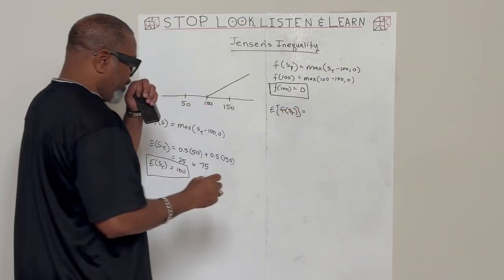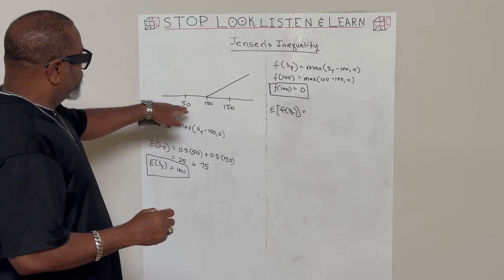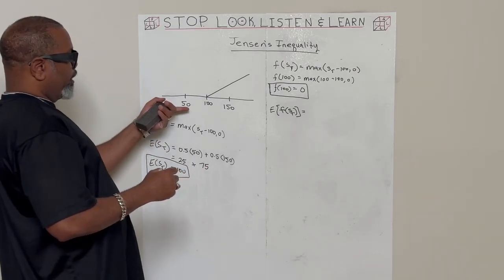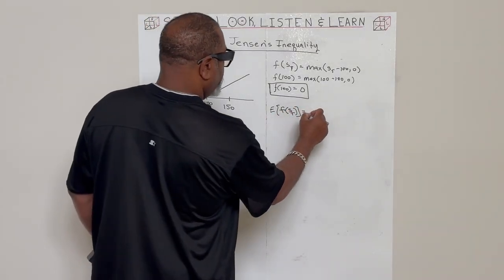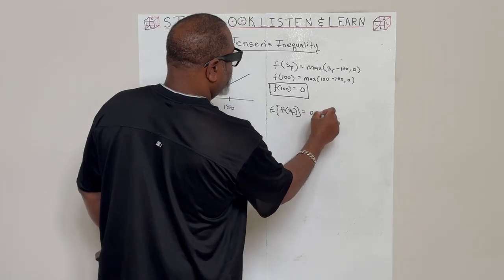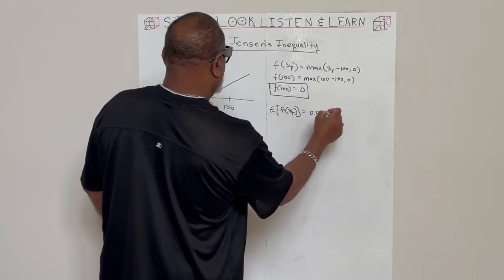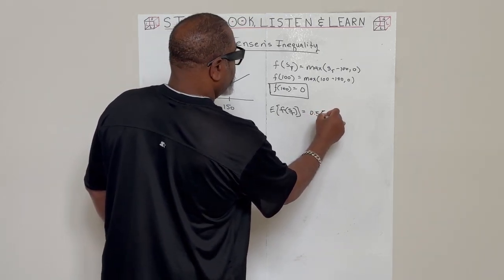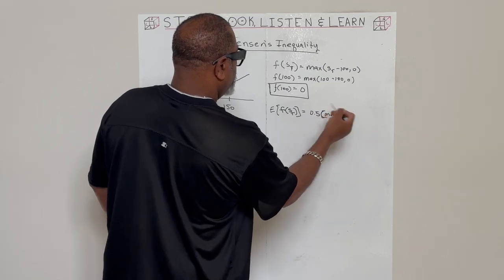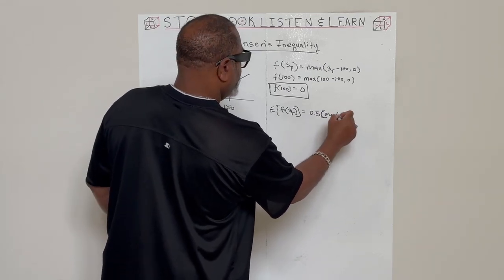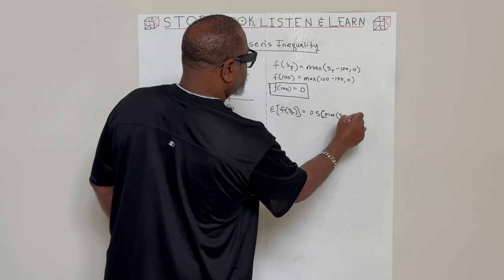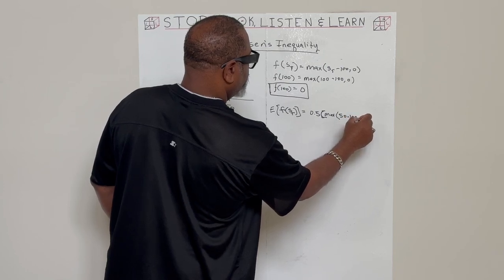And that's going to be, so there's a 50% chance that it can go down to 50. So it's going to be 0.5 times, we'll just put this here, the maximum of, what is that going to be, 50 minus 100, or 0,